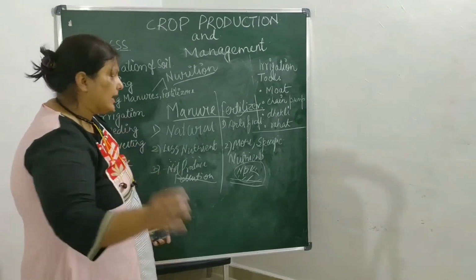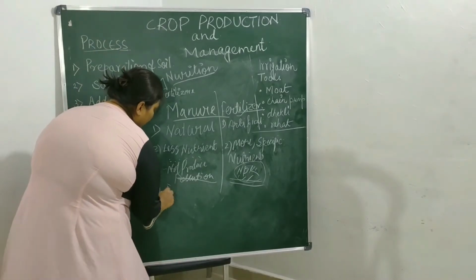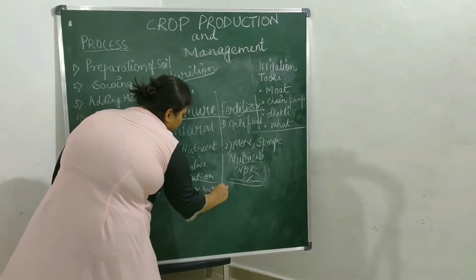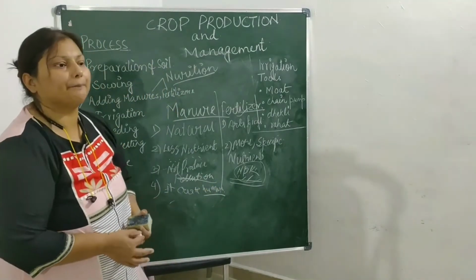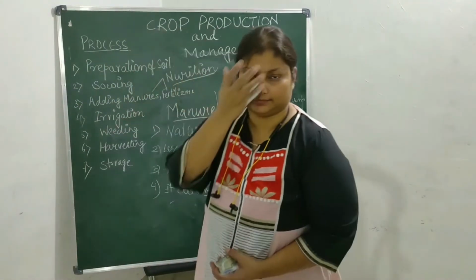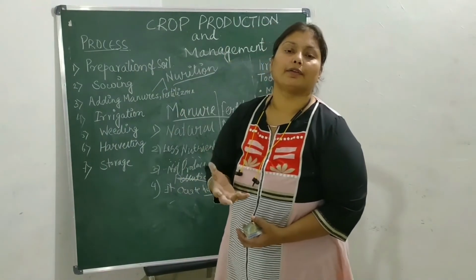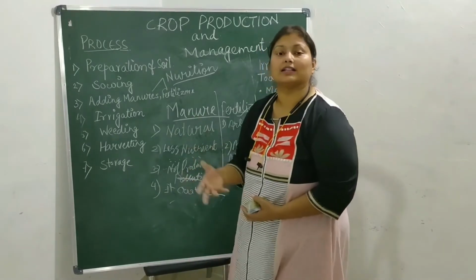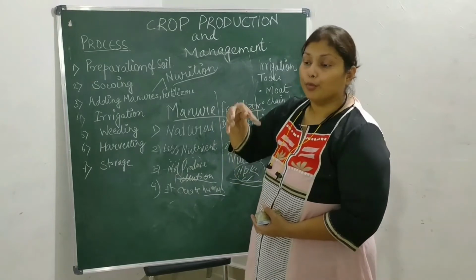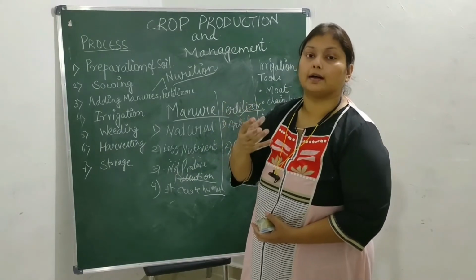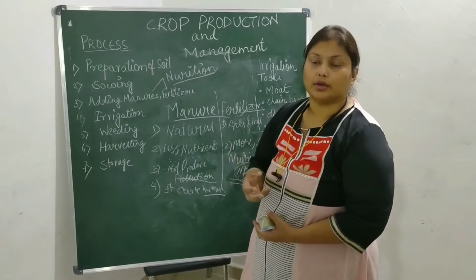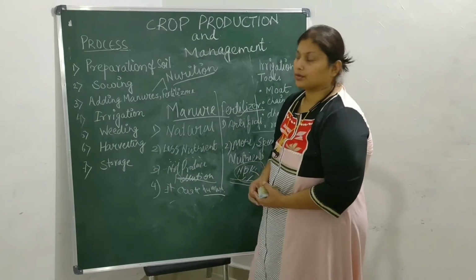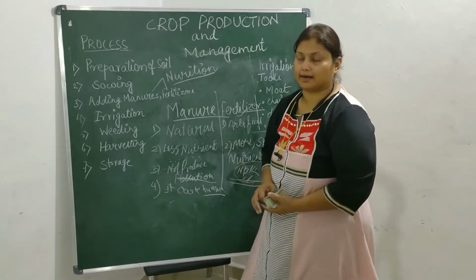So the next one, it creates humus. What is humus? Humus is the fertility of a soil. Humus increases the fertility of fertile soil. So manure creates humus and develops macro organisms. Those macro organisms move on the land and create fertility of the soil, and also increase the nutrients in the soil. But with fertilizer, no humus is created in the soil. So these are the main differences between manure and fertilizer.